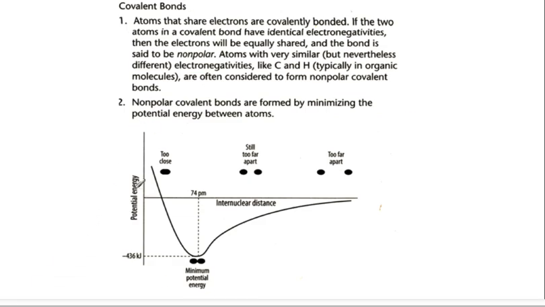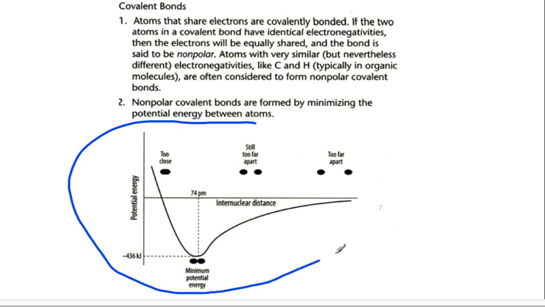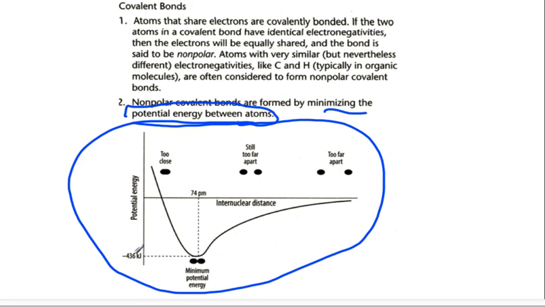All right, another graph that I think they use a lot on the AP exam is this one. This graph shows you where nonpolar covalent bonds come from. The idea is you're minimizing the potential energy between the atoms. They can't get too close because then the nuclei would start to repel each other. So in this graph you reach an area of what's called minimum potential energy. It minimizes the amount of potential energy, and at that distance, what we call the internuclear distance,